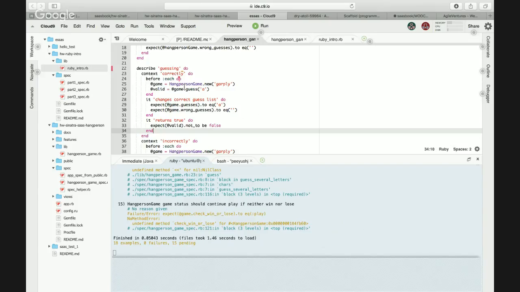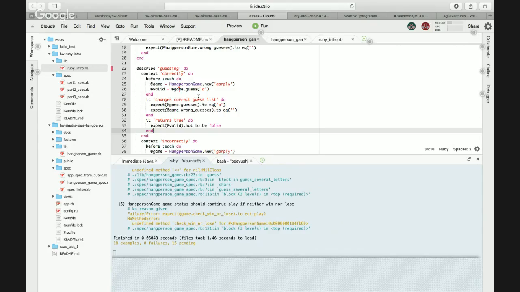Before each block, yes. I think it's setting valid to equal game.guess. You see? Then the actual test says expect valid not to be false. So I think if we don't return false, maybe you know what? Let's return false and see if it makes the test fail.